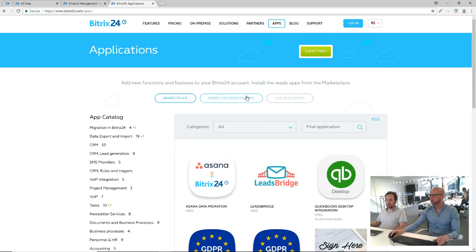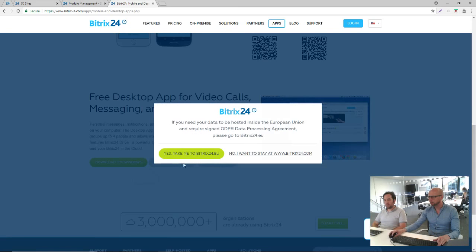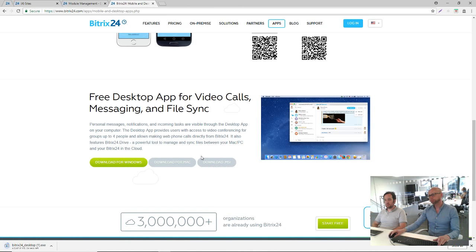So we want mobile or desktop app for Windows. There is some additional functionality, some additional reasons why you might want to use the desktop app, other than just the fact that you might prefer to use it for chat and telephony. You might prefer to use a desktop client than inside a browser. But the main reason why you would use it is